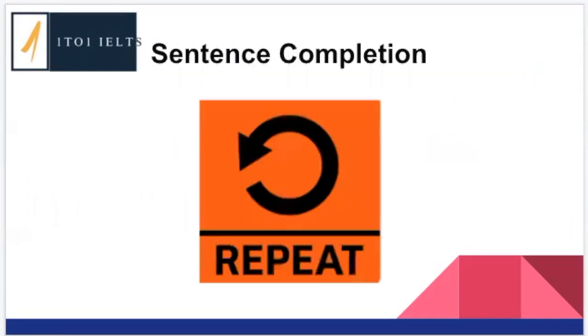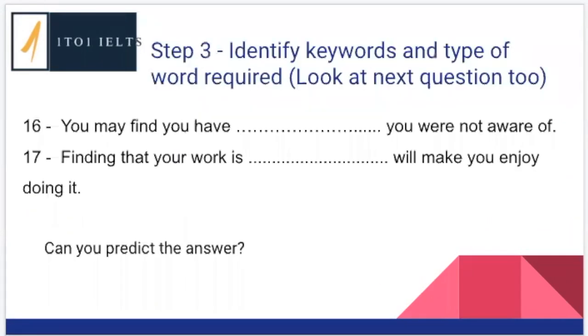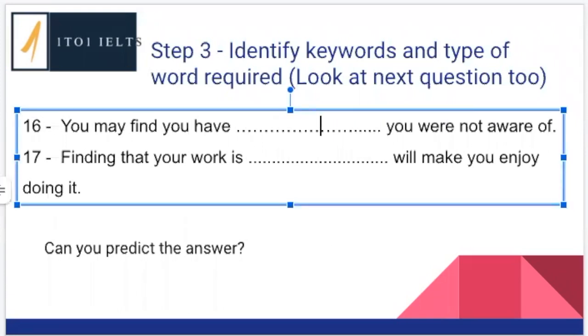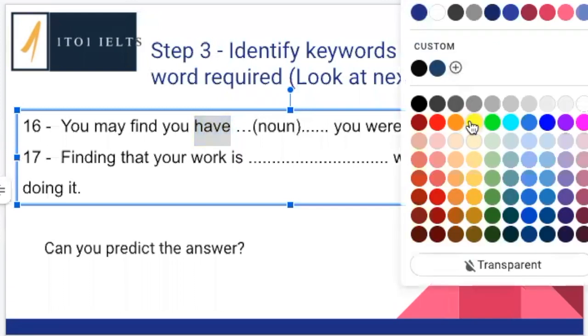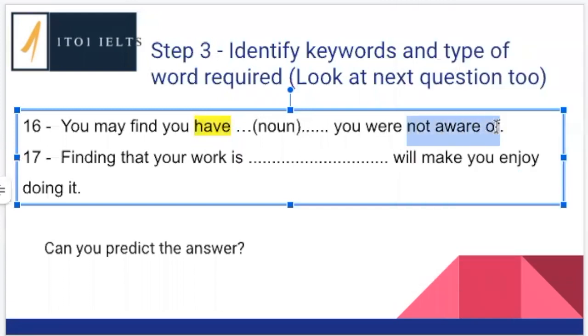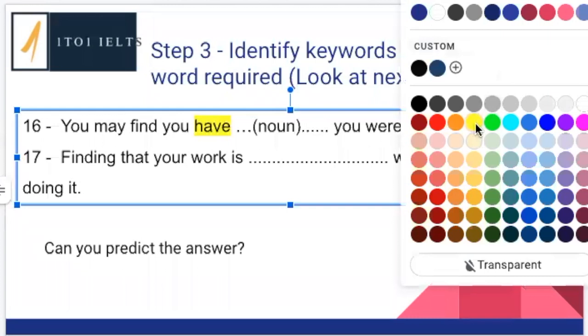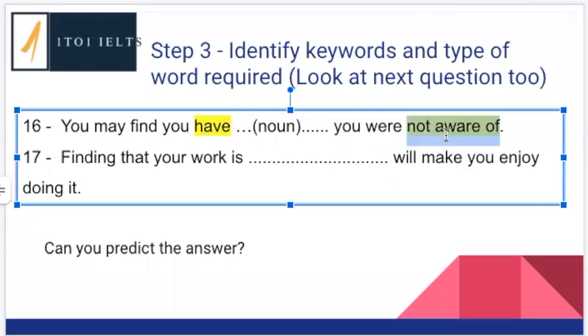So all we do is we repeat. Now, the nice thing here is we've already looked at 16. So 16, we know already is going to be a noun. And we said have was a keyword. And we know that not aware of are keywords. So obviously, when you're doing this, you've already got this highlighted on your questions. And we've already made some prediction that it might be like skills or talent or something like this would fit in here quite nicely. So we're going to quickly do this with 17, just in case we go too far